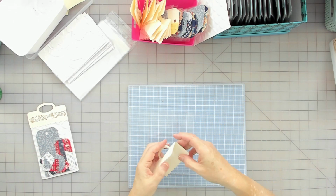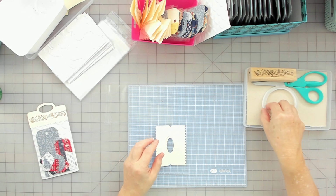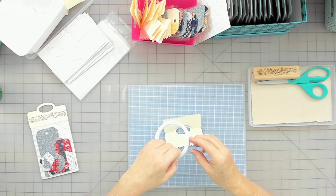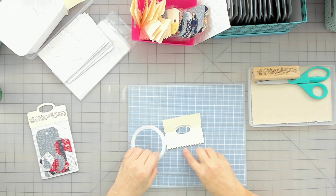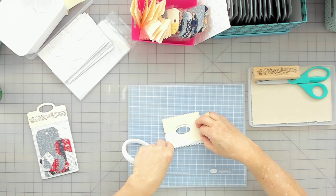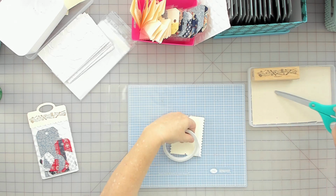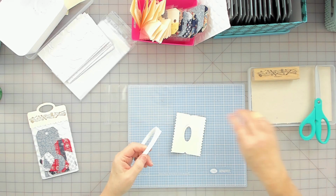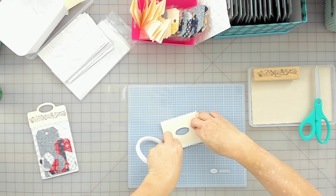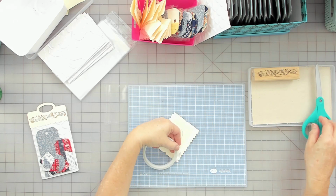And I'm basically just using the cheap Dollar Tree double stick tape, and I'm just putting it just above this jagged edge here. One on the front and one on the back. And I showed this in another video how to attach it, but